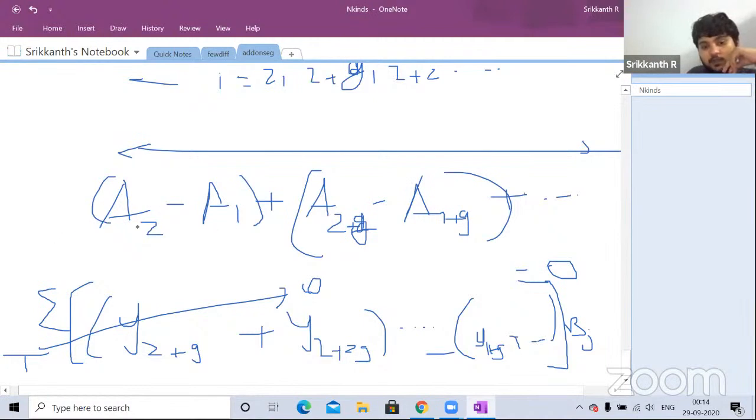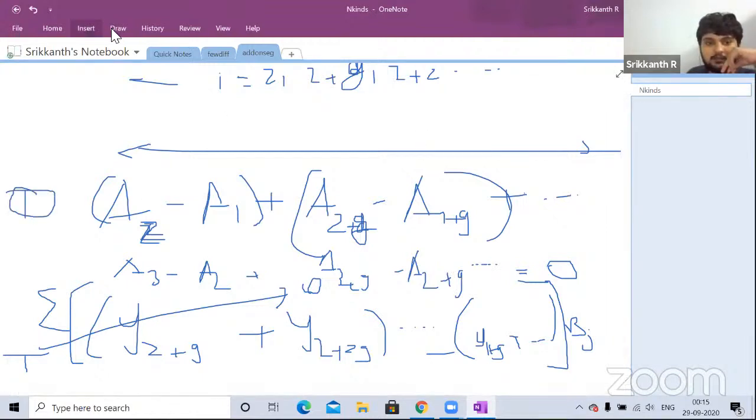So this must be true for the pair 2, 3 also. So A3 minus A2 plus A3 plus g minus A2 plus g. Everything must be equal to 0. The sum of everything must be equal to 0. So this gives our first condition,